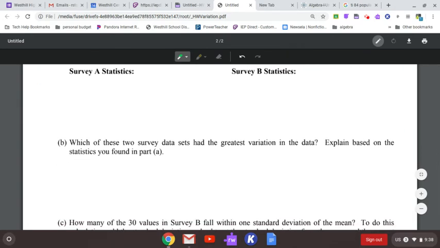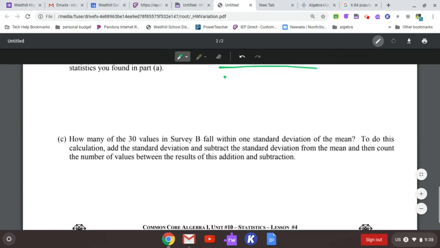Which one has the greatest variation in data? As we talked about before, standard deviation is how spread out your data is. So that's the greatest variation. The best way to see that is whichever one has the highest standard deviation will have the greatest variation. And then for this last one here,